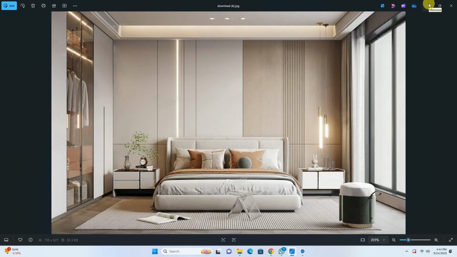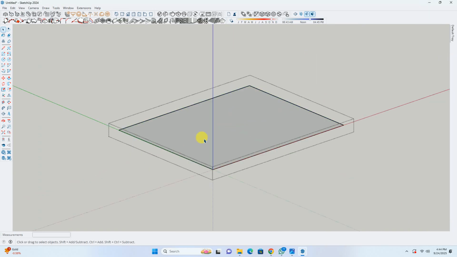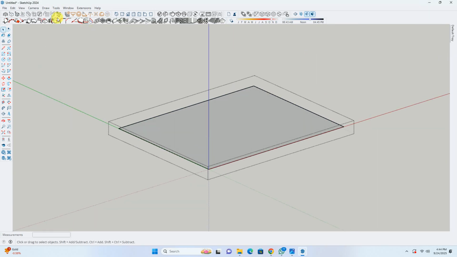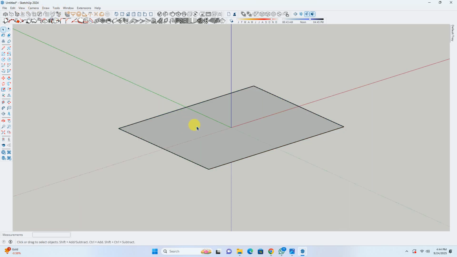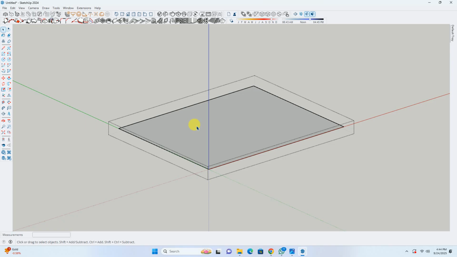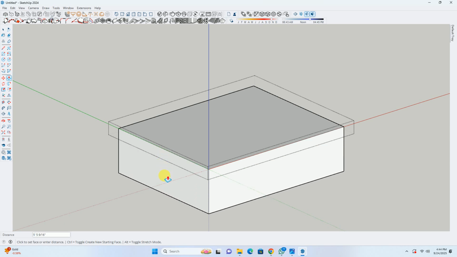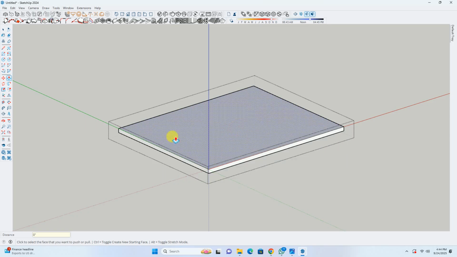If we are doing interior work, so slab thickness may not be our primary concern, but we should know what the primary thicknesses of slab are. So we will take into account 6 inches of thickness. For that, we'll go to the group edit command. By double clicking on the group, we will go to the group edit command. Now we'll go to the push pull command, and we'll apply the push pull from this surface downward at a thickness of 6, and press enter so that thickness will get specified on this particular group.